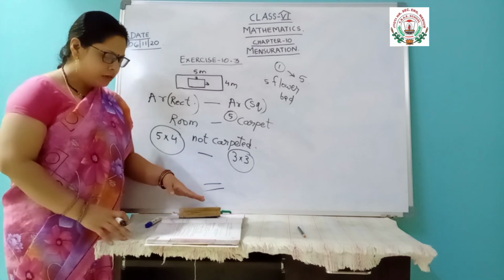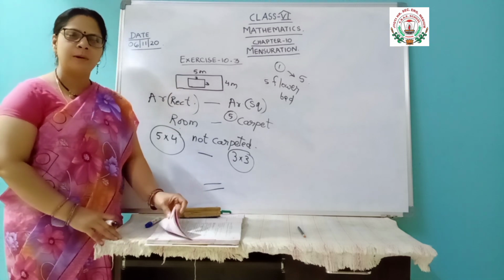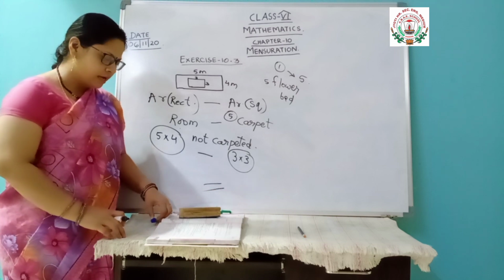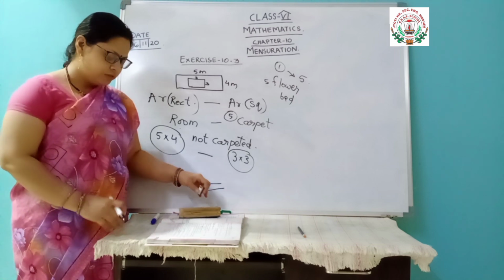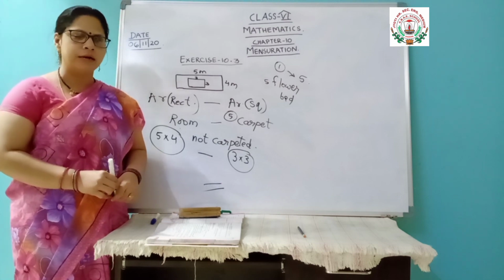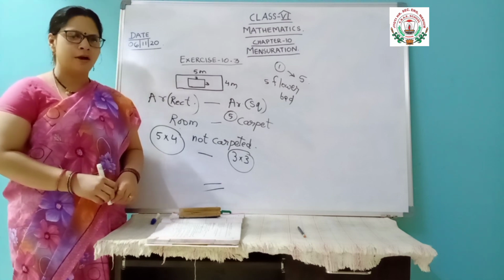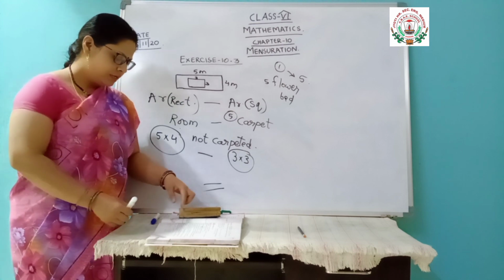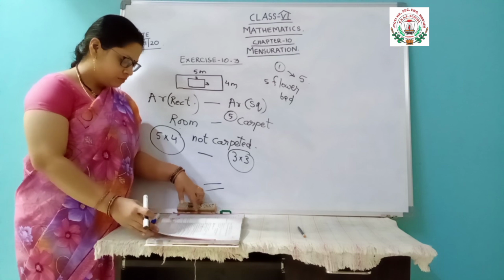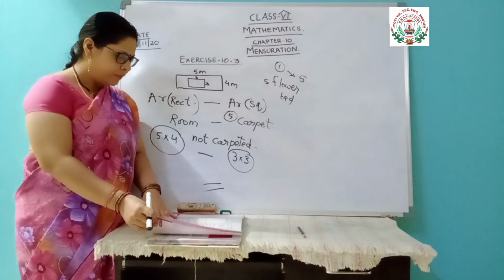Then the 10th and 11th questions are to split into different kinds of rectangles or squares. How it will be? It can be solved in different ways by different persons. That I will be explaining in the next class. Just once you see how you can split that in the form of squares or rectangles and use the formula to find out the area. Rest we will see. I will be explaining that on the board. So completed up to here.